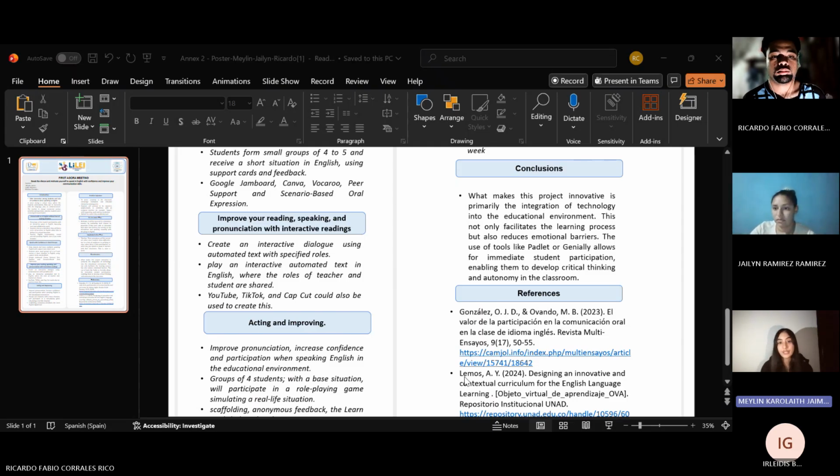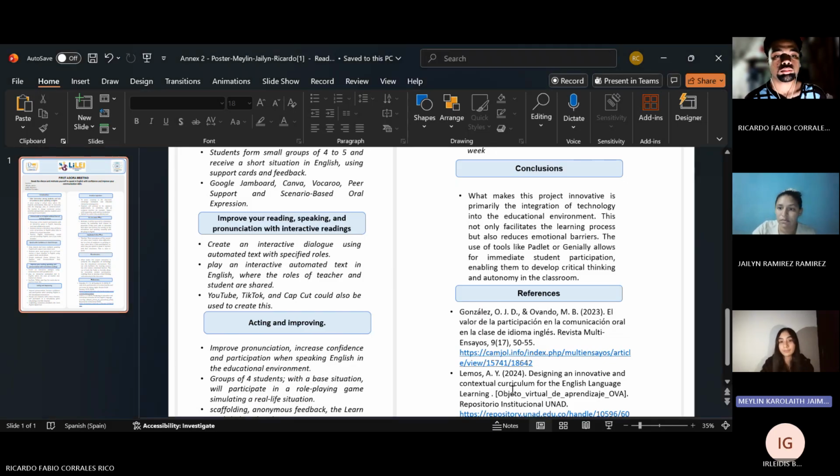The script should be read following the lines of text in order, corresponding to the color assigned to the teacher and student. This helps students break down the barrier of speaking English, feel confident with the group, and above all, maintain participation within the group.